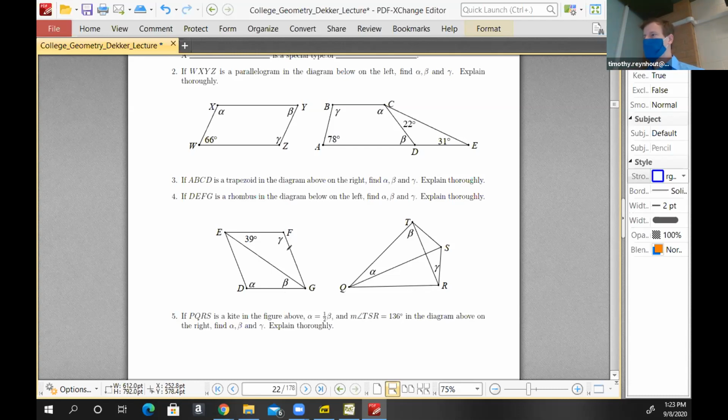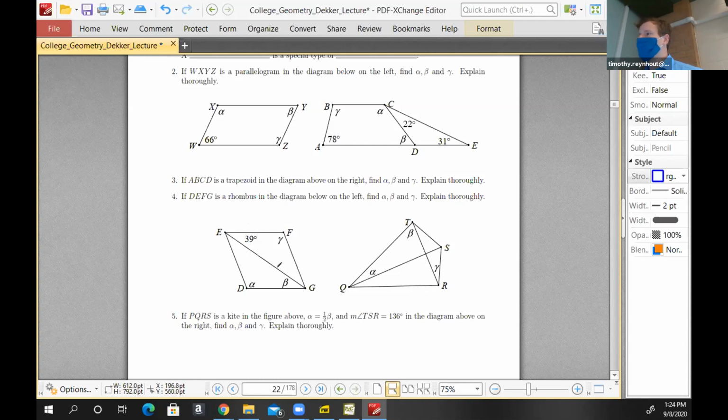Right? That can be explained because the diagonals of a rhombus are lines of symmetry. Right, so if EG is a line of symmetry, then this angle and that angle have the same angle measure. Done. Right, so it doesn't take much to explain it. Similarly, right,